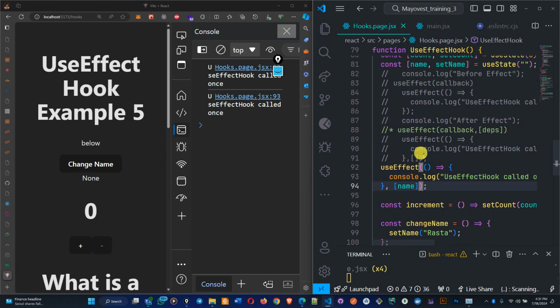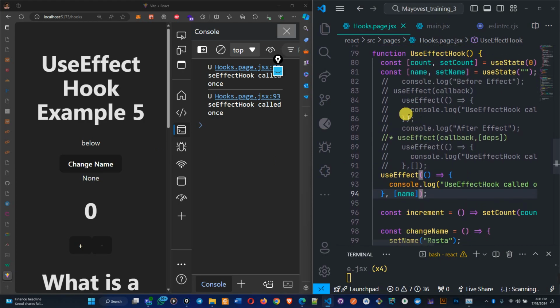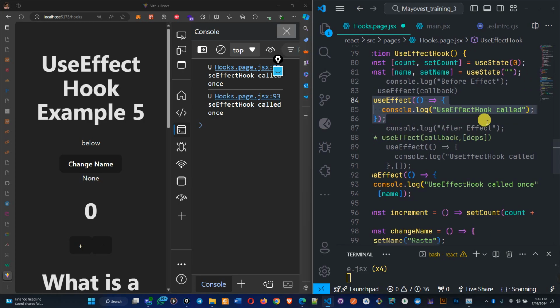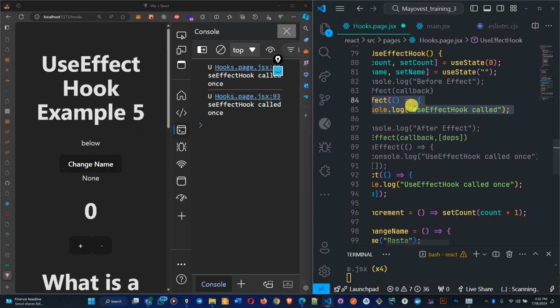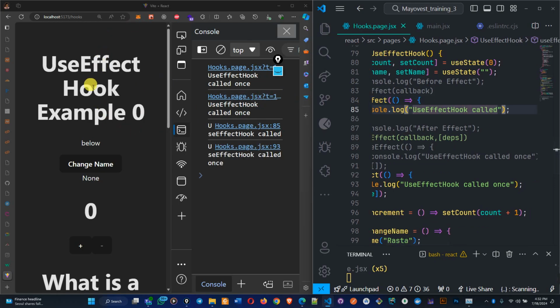And what lifecycle do we hook into there? The first one up here is hooking into every lifecycle, like the mount and the update. Anytime something changes, it will call your effect again. When you update the state, it will still call the hook. So this one is hooking into everything, whether it's coming for the first time or you're changing anything, it will always run this one. So if I save this and go back to the page,